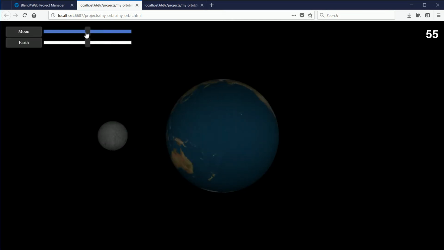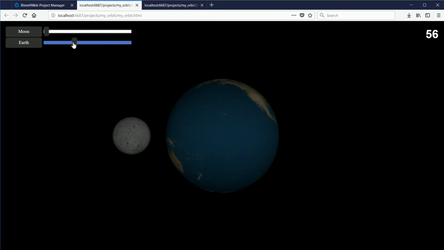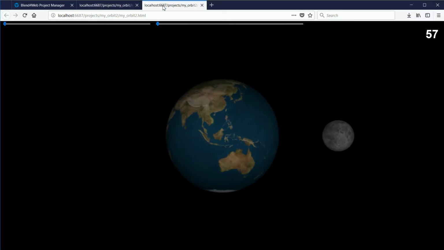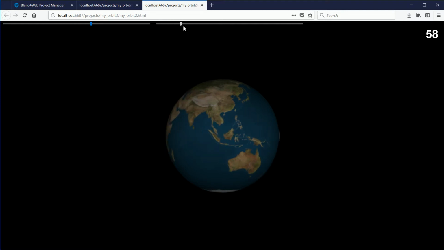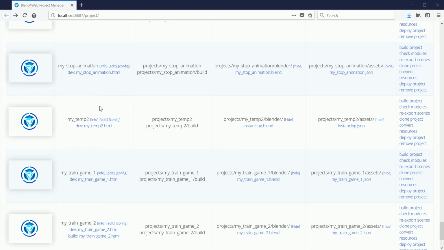In this tutorial, I'll show you how to use sliders to control animations in a 3D scene. I'll show you how to add two sliders, and I'll show you how to link them to the animations applied to 3D objects. The starting point for this tutorial is the Blend4web project that I made in the previous tutorial,